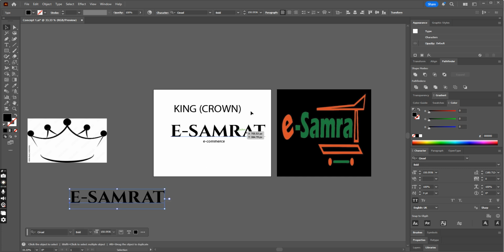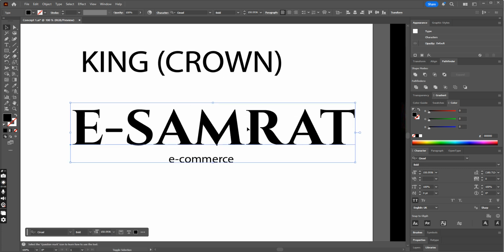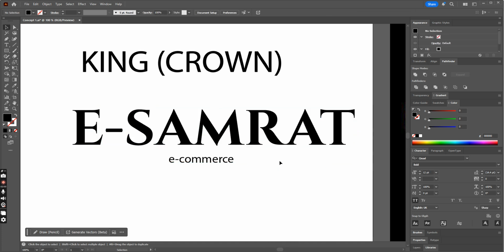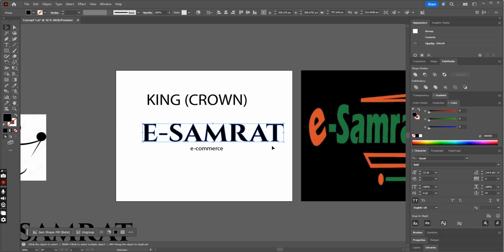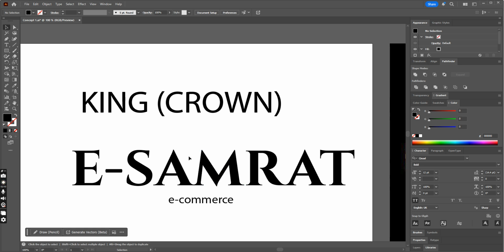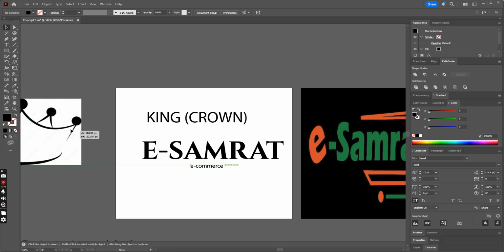And then we can just make a copy of it and just clear outline and unite it, or you can keep it as it is. And now we have to design. You can see a crown here. So I think I'm going to use